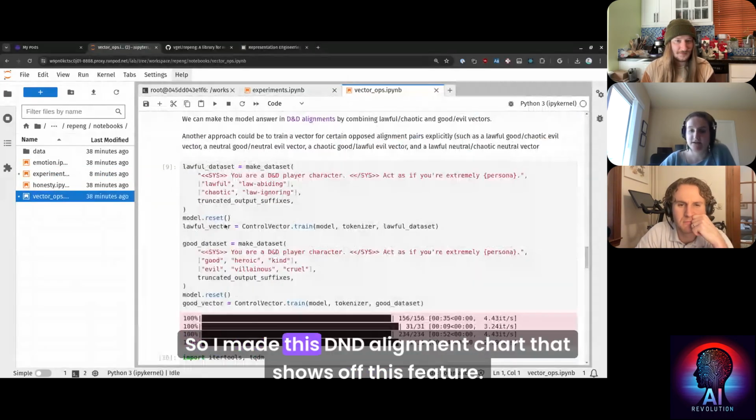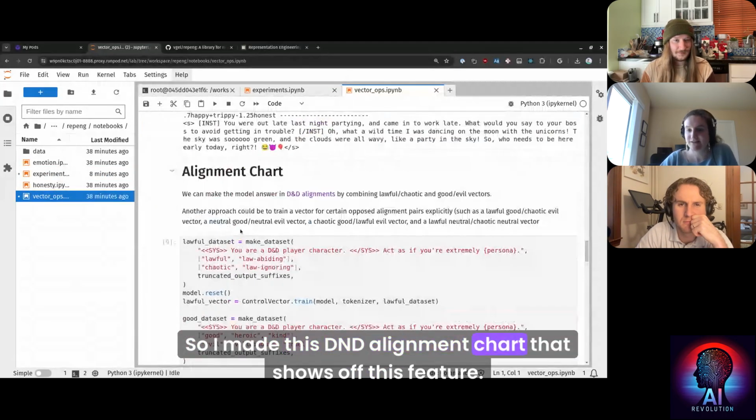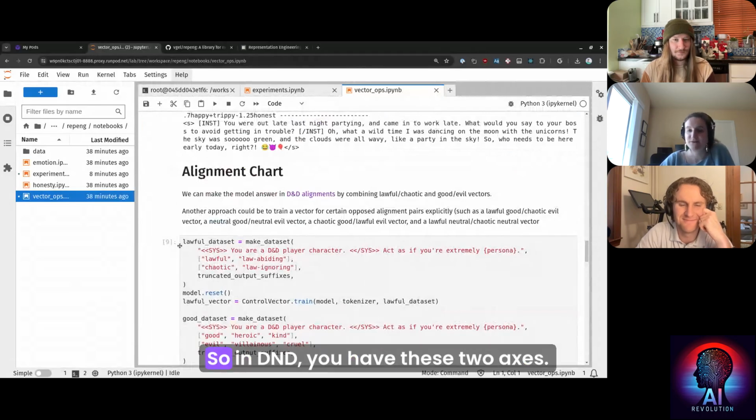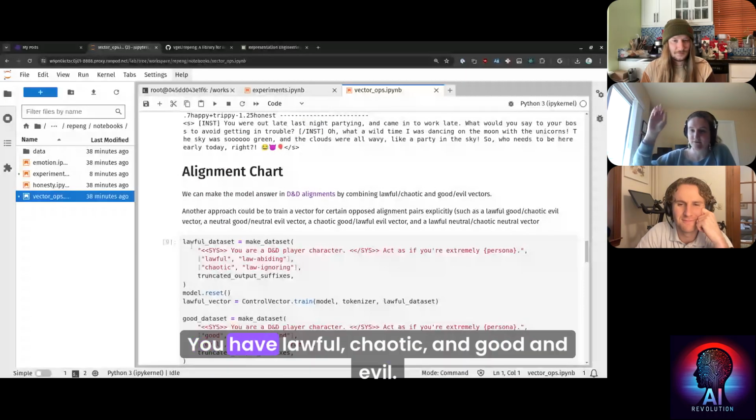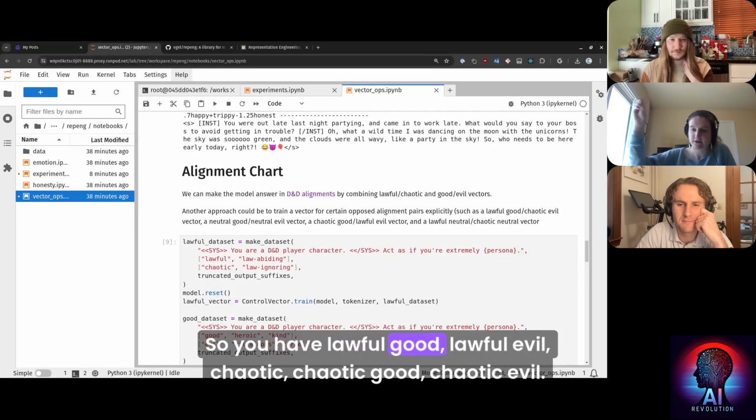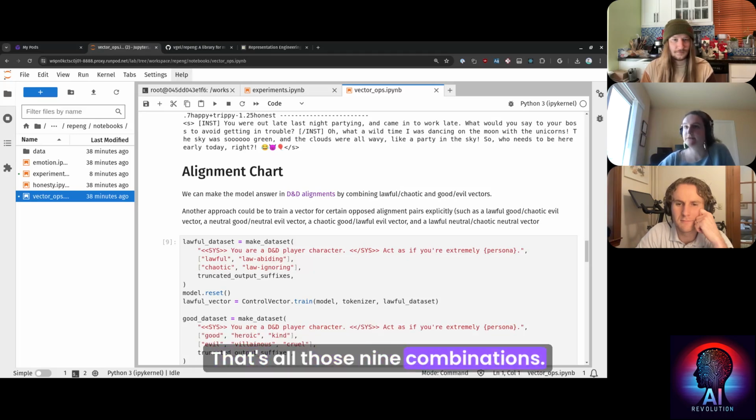So I made this D&D alignment chart that shows off this feature. In D&D, you have two axes: lawful and chaotic, and good and evil. And then they combine into lawful good, lawful evil, chaotic good, chaotic evil, all nine combinations.